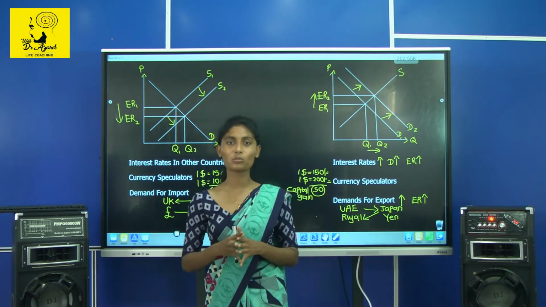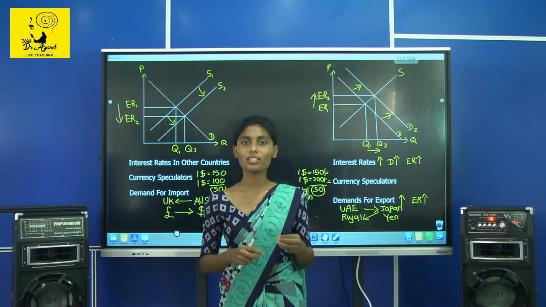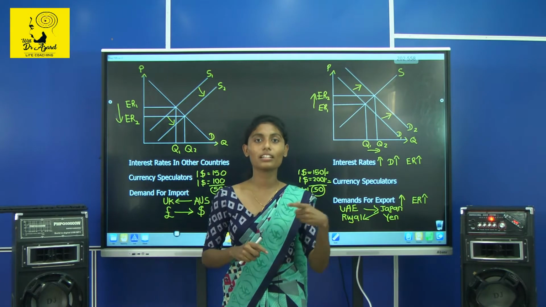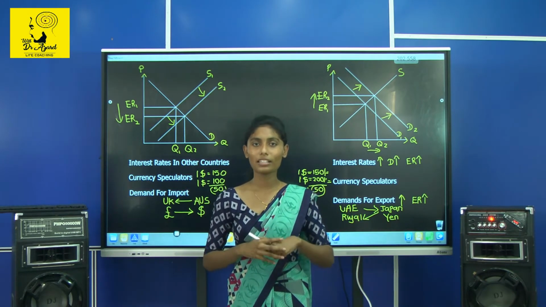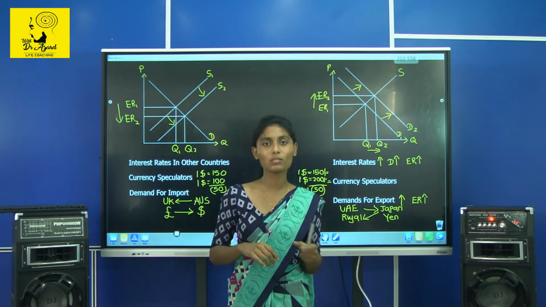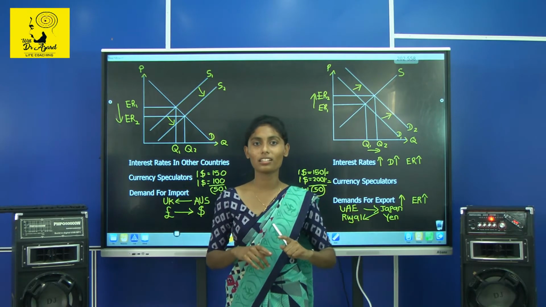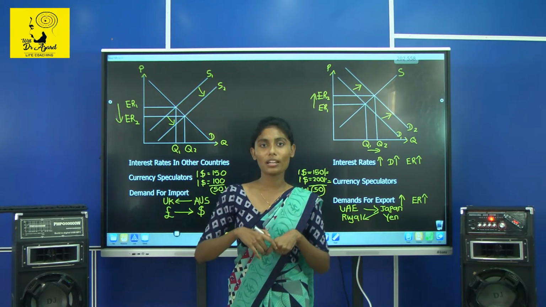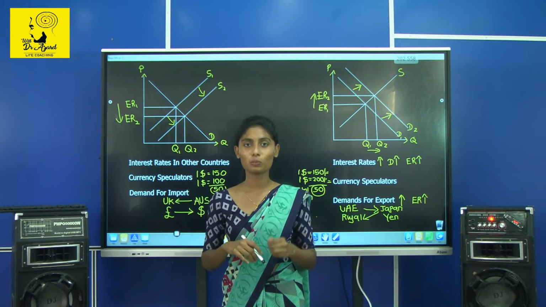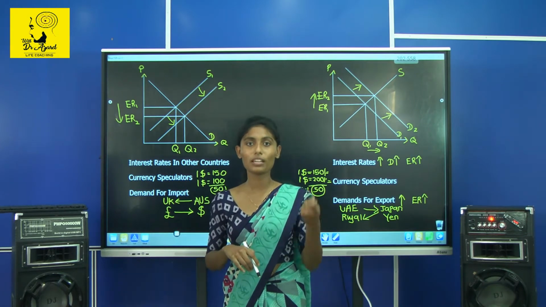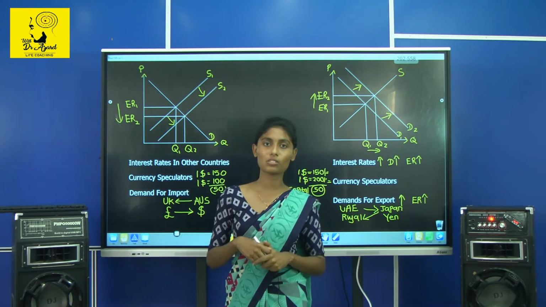What do you mean by exchange rates? It is when we exchange our currency in terms of another country's currency. For example, how many rupees do we pay to buy $1? In Sri Lanka, $1 is around 190 rupees. If you give 190 rupees, you get $1. That we call the exchange rate.